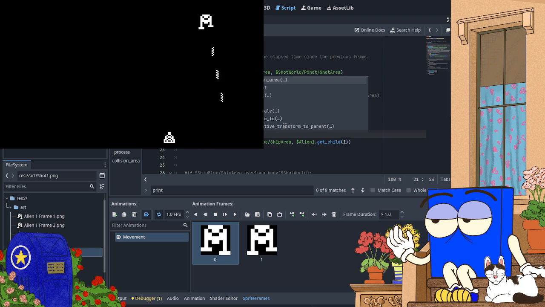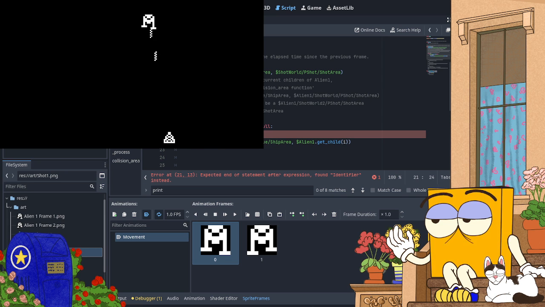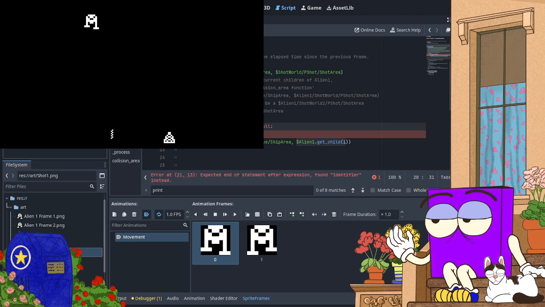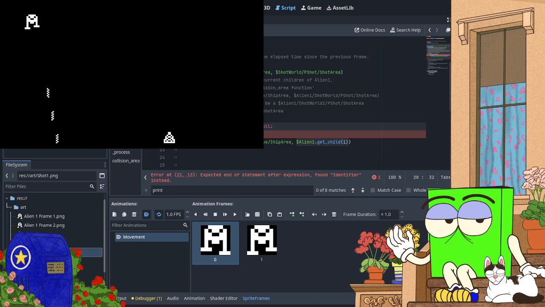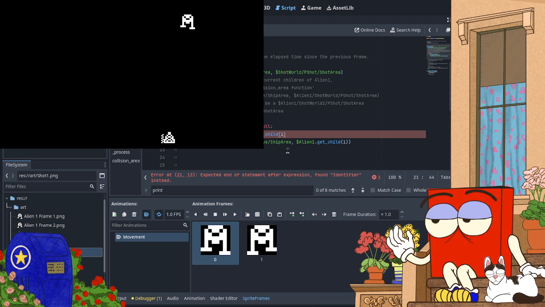Child equals I. Wait, I need to get a child of a child of a child.